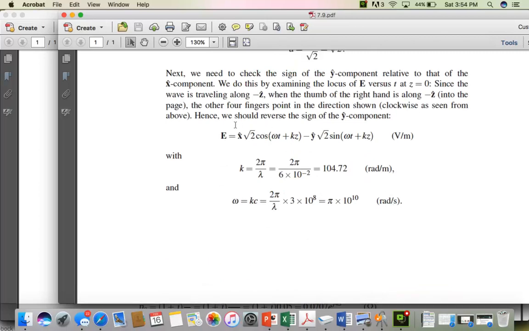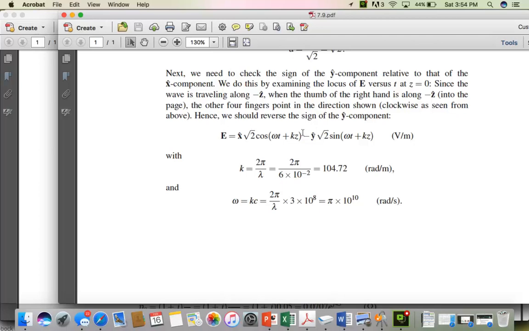So if the x vector component has a positive sign and the y vector component has a positive sign, then basically the direction of travel would be in the positive z direction because it goes x, y, z. So in this case, the x component has a positive sign and the y component has a negative sign,